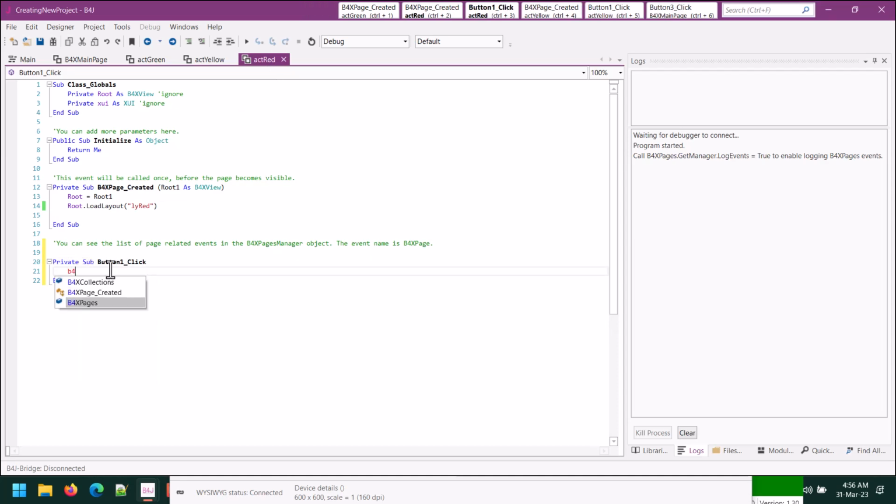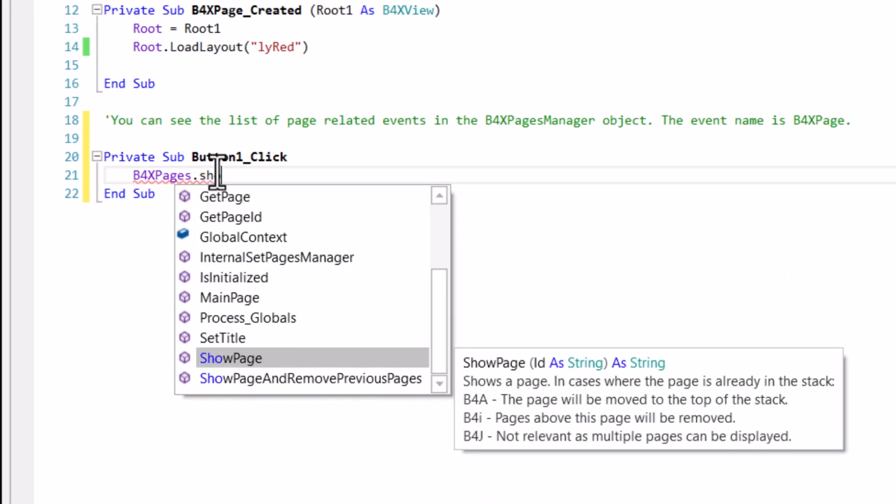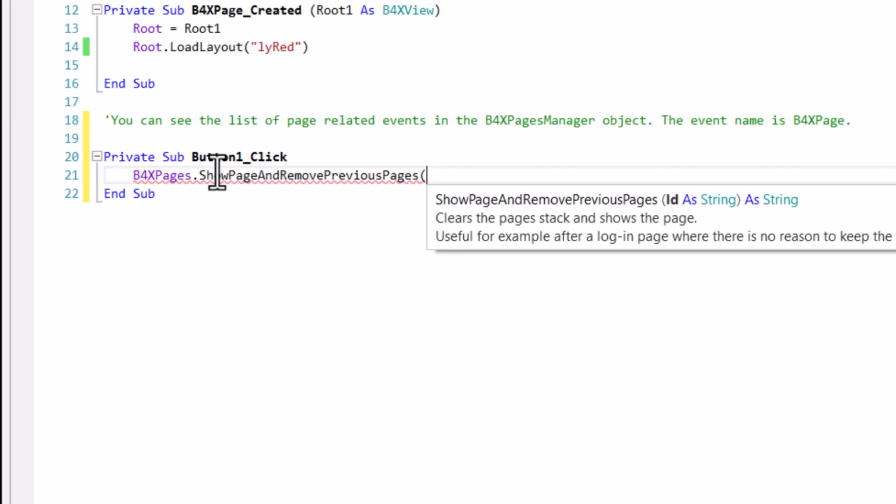To navigate back or to other pages, we use Show Page or Show Page and remove previous pages. I will explain in a later video.